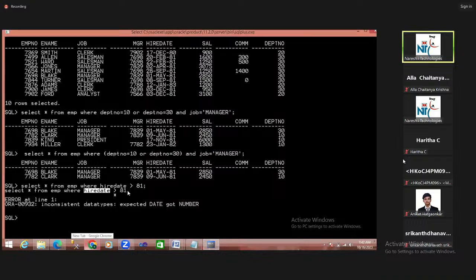But we are comparing with a number. Now you should compare the date one. So how to write it now? We know the Oracle default date format, DD-MON-YY. Here, who joined after the year 81? After 81 means